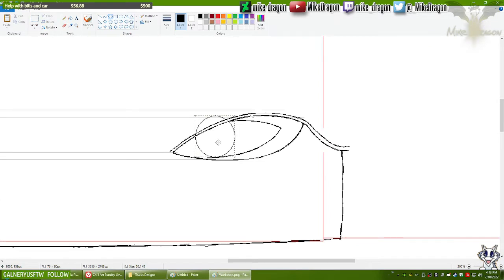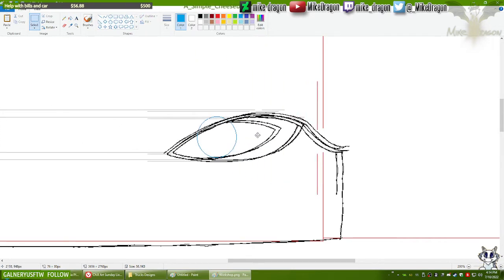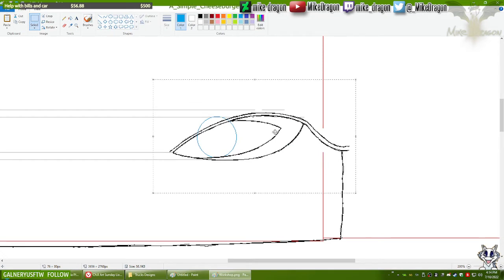Could actually go a little more to this side. Yeah, I think that's good enough. Let's make that blue. Paste this on top, and erase this part over here.